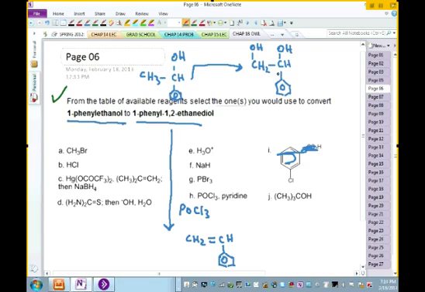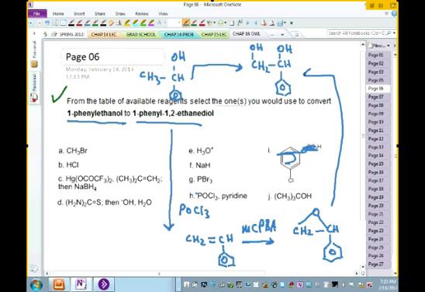Now, what will be the next thing that you want to do? As I said, this is also testing your knowledge of the reactions of ethers and epoxides. So what is the next thing you want to do? Keep in mind you want to go here. Form an epoxide, okay? You now form an epoxide, with mCPBA. So now you have this.